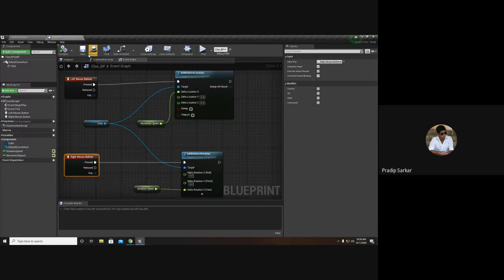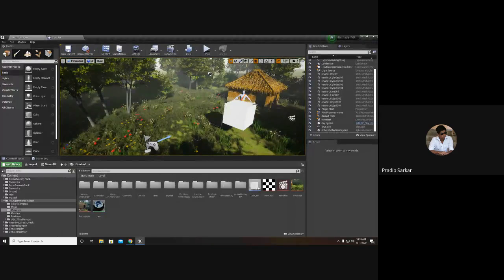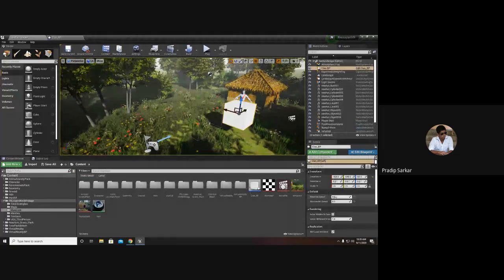So compile and save. Now let's select the cube and give some values. For the rotation speed I will give 5, and for movement I will give 2.